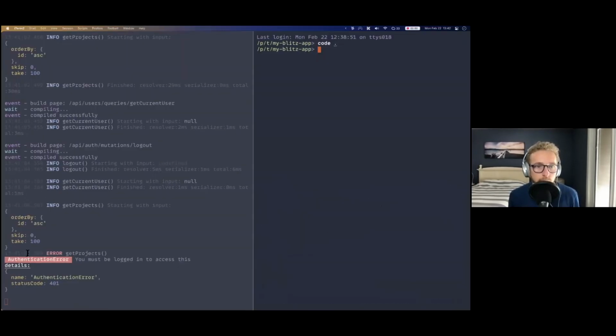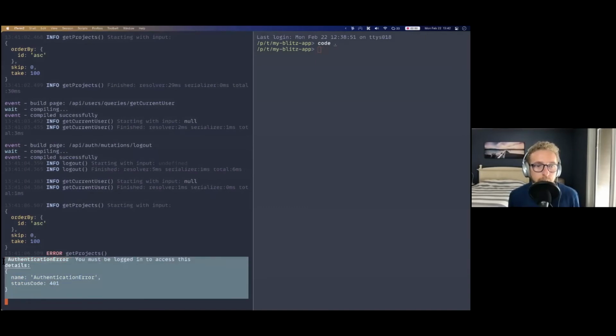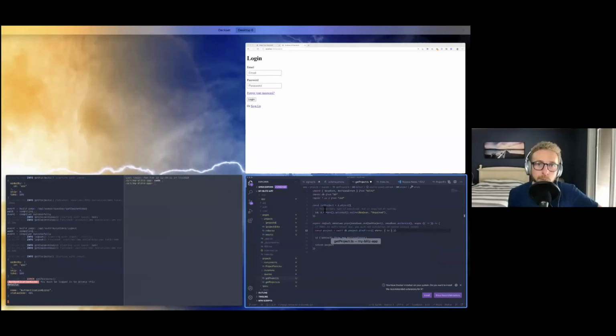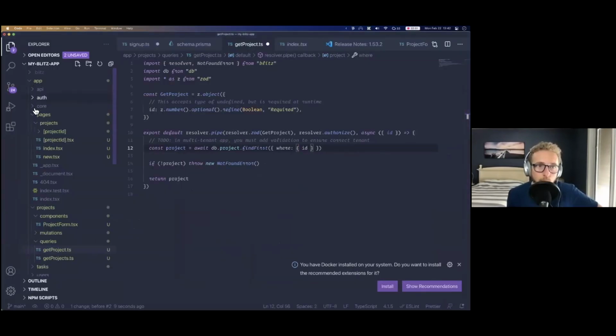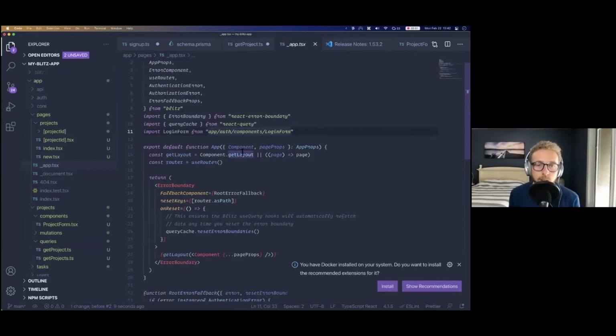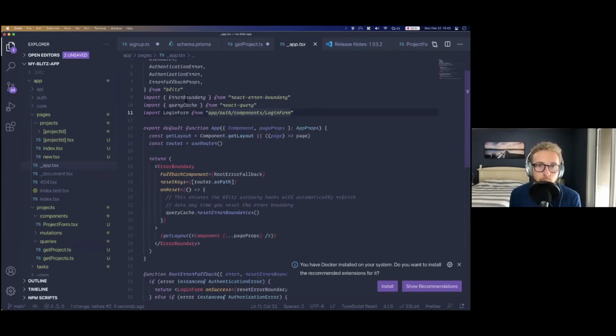And we can see that in the terminal. So if you look at the terminal, it says get projects, and then you can see there's an authentication error. All right, so how does this authentication error get translated into showing a login screen? It's a good question. So in React apps, this may be a new concept to you, but React apps have error boundaries. And these error boundaries have been around for quite a long time, but they haven't been as common. But so we import error boundary from React error boundary.